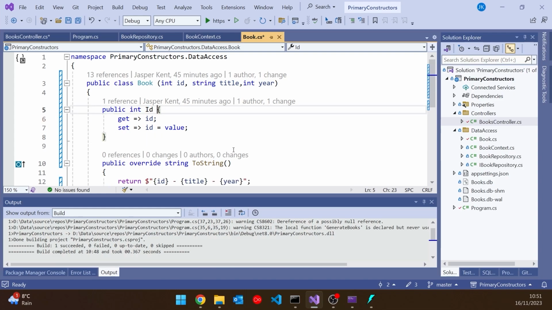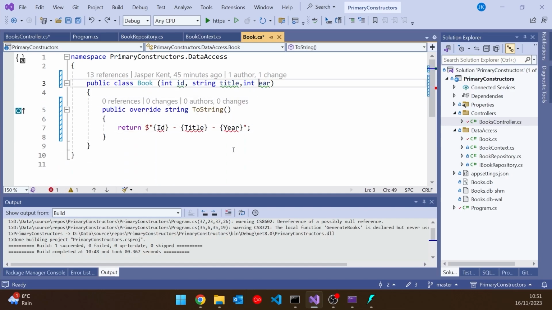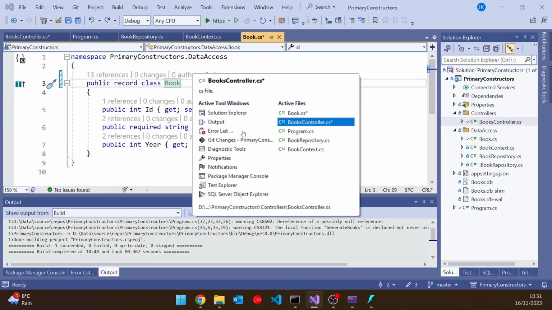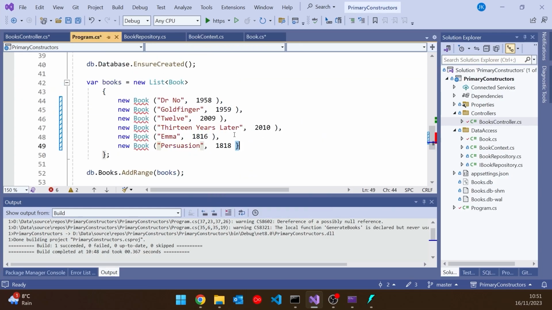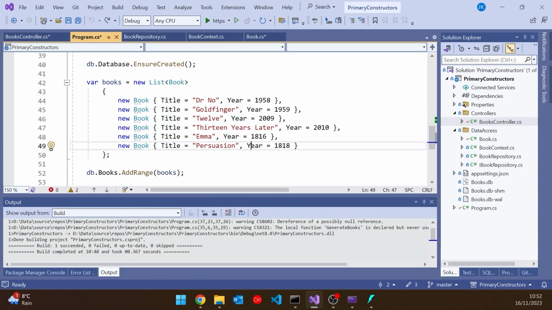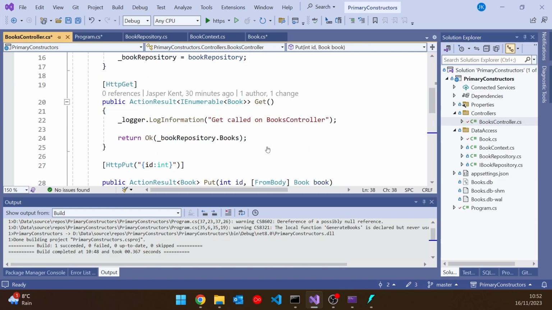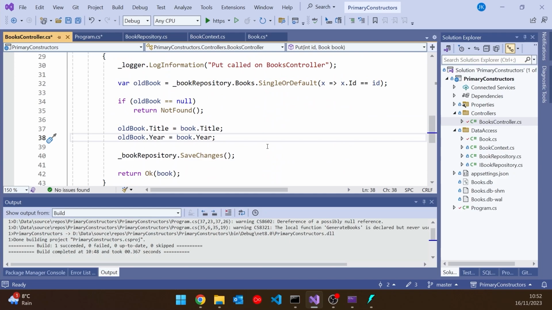So let's take that all the way back so that we've got just auto-implemented properties that will be working fine for us. So that's where we have that there. And that means we should now be able to go back to the program, and we need to change that back to what we had before using the property initializer, and back in the books controller, that should now all be working. So we're back where we started,